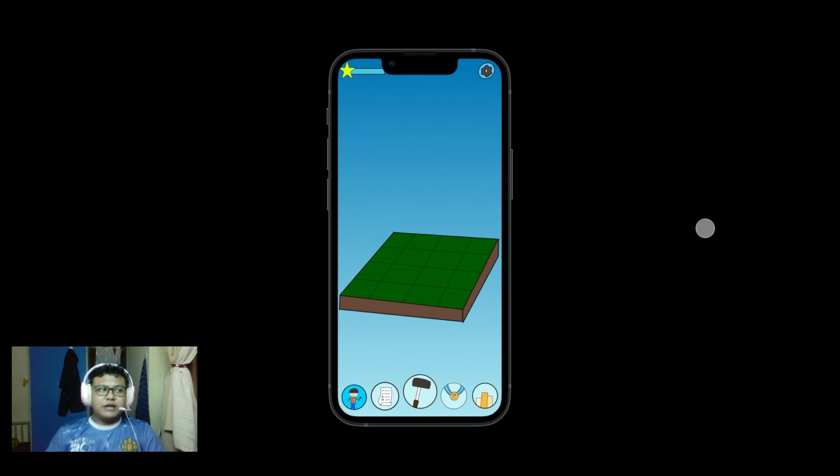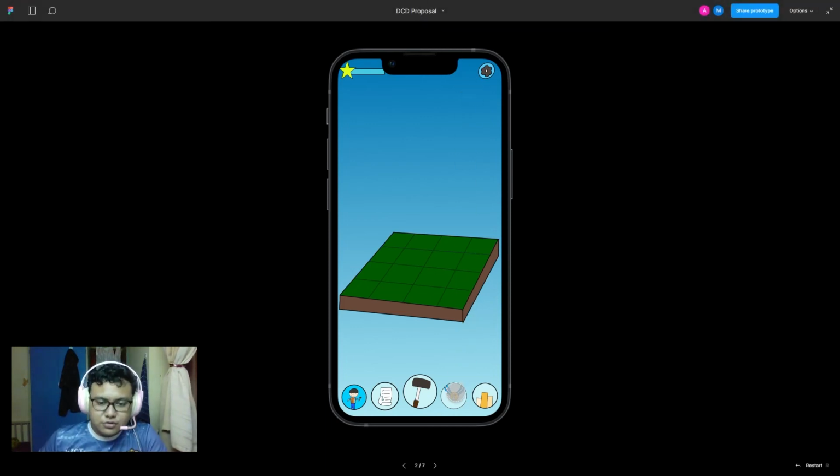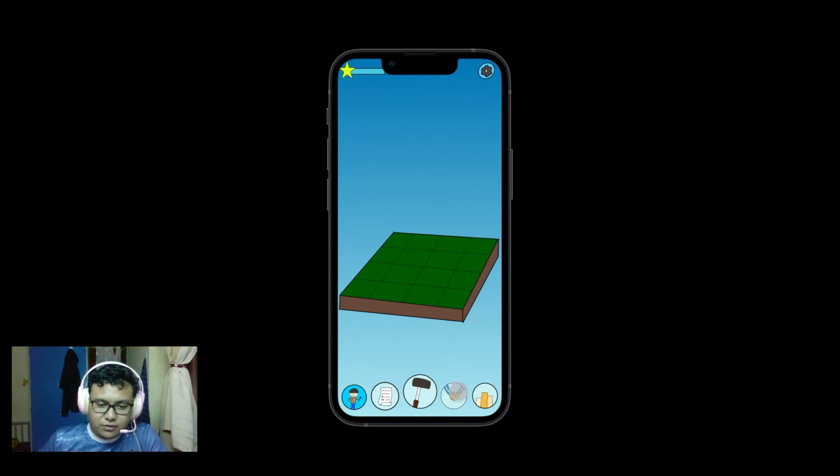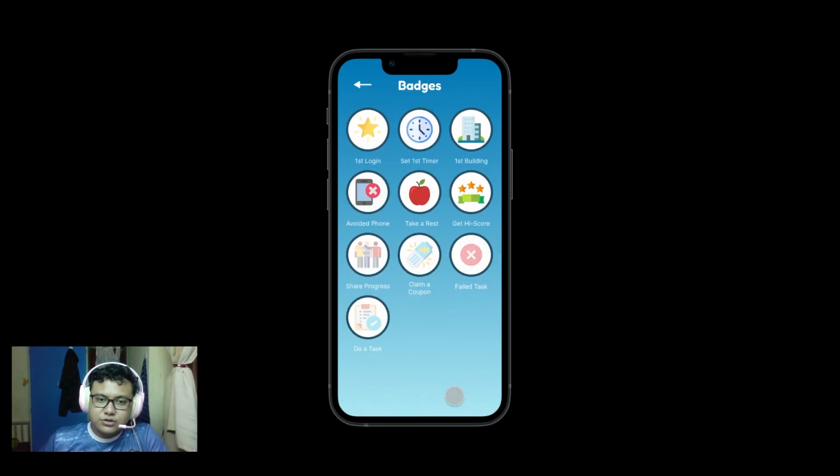In the help screen, if you see the bottom second from the right, here's the badges button. If you click here, it will bring you to the badges page. In the badges page, it will list all the badges that the user needs to retrieve by completing specific tasks